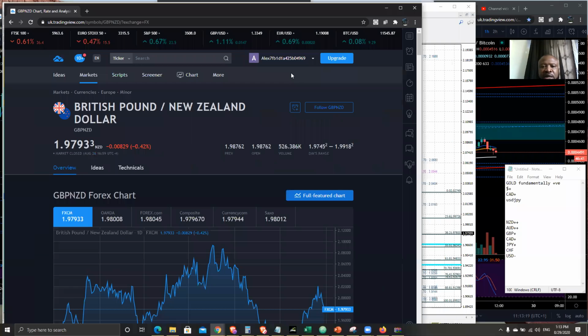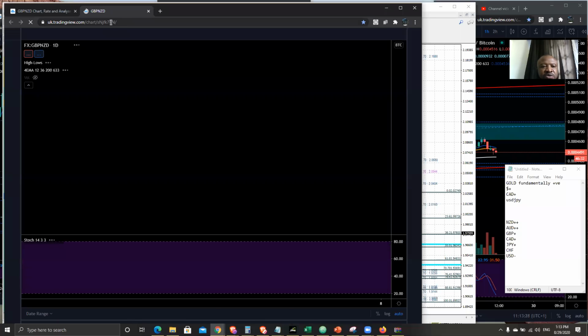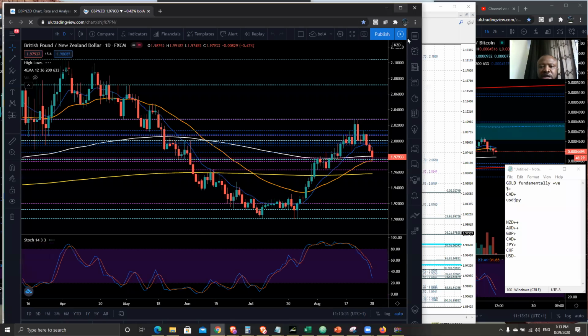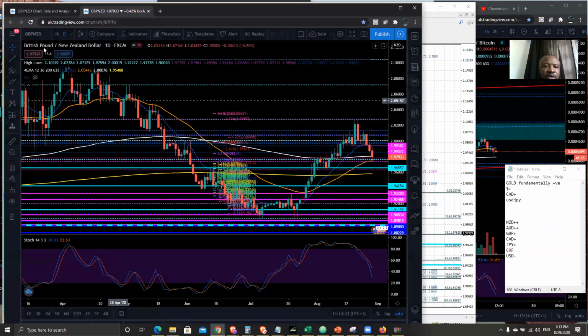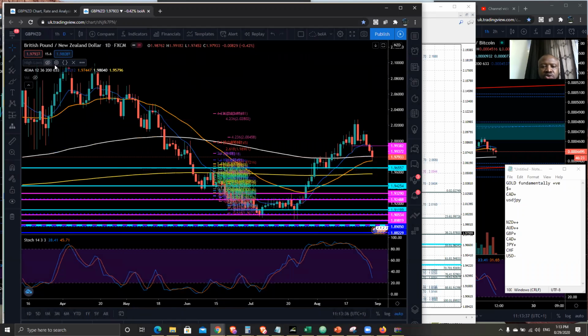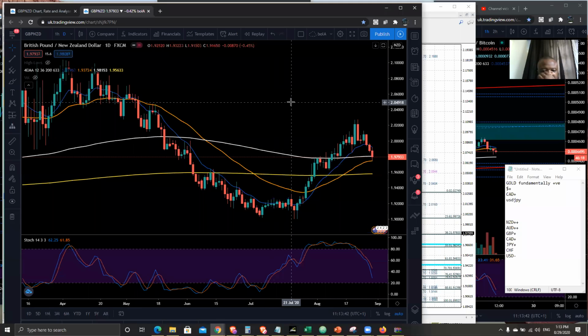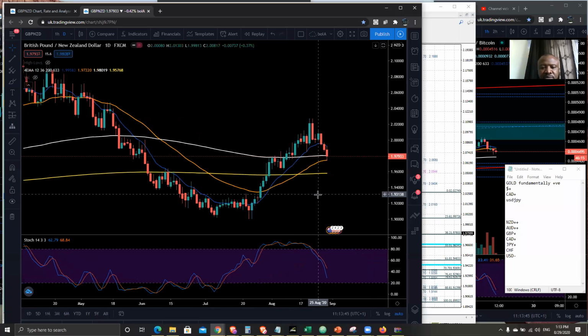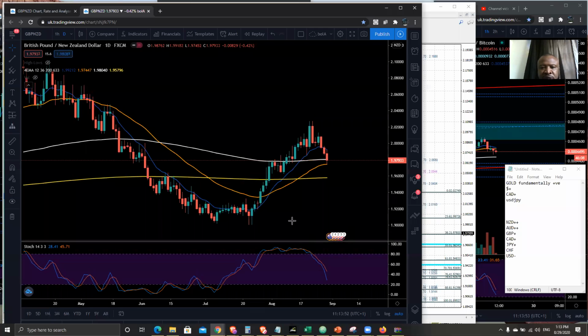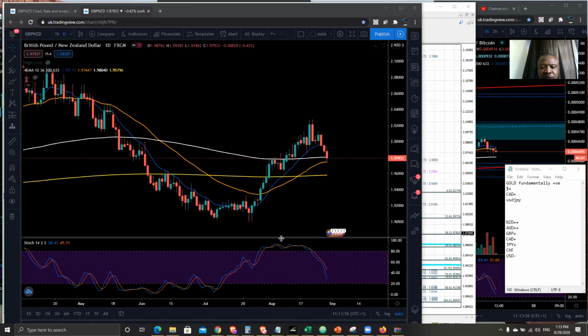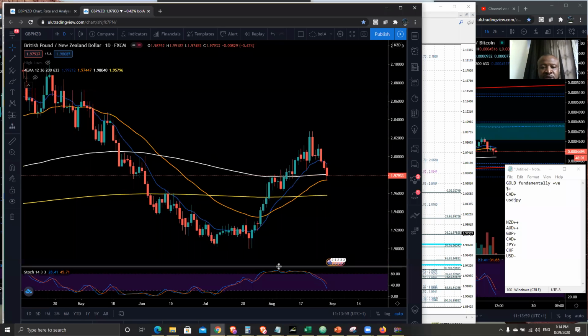It's not a good idea for any trader not to know whether they want to be a buyer of a particular instrument or they want to be a seller of a particular instrument. If you do not know which direction you want to go, then obviously you still need to learn more. Okay, so here looking at the chart, the stochastic is pointing that there's still more sell coming in, which is another indication to be patient on this daily chart.